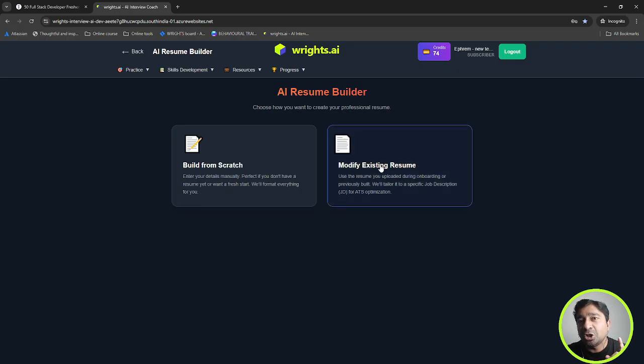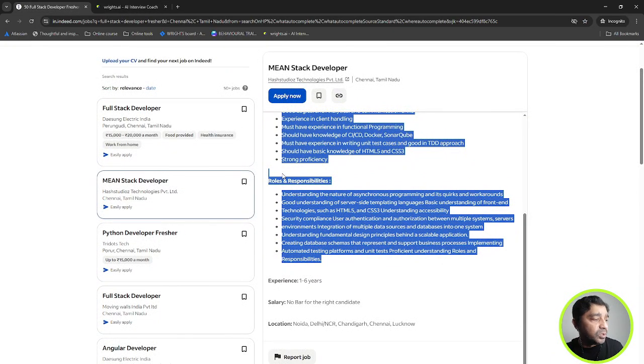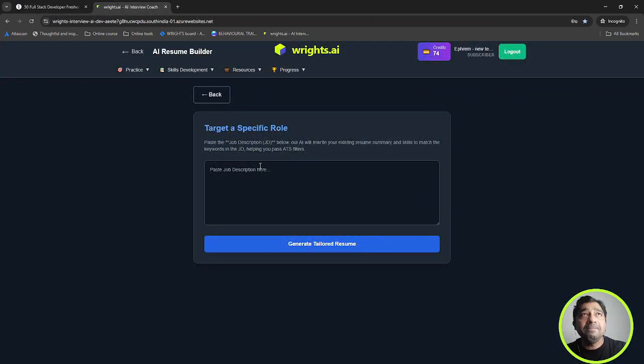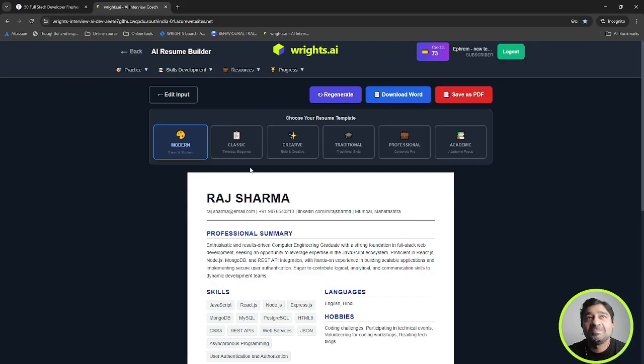For example, if a student wants to modify the resume for one particular job that he or she is going to attend next week, they can go inside this and all they have to do is copy the skill requirements for that particular job. Once it is copied, all you have to do is click generate tailored resume. Taking all this input from the requirements of that particular job, the system automatically generates a unique resume for every student. In this way, a student can submit a resume which is very unique for that particular job or that particular company. See,